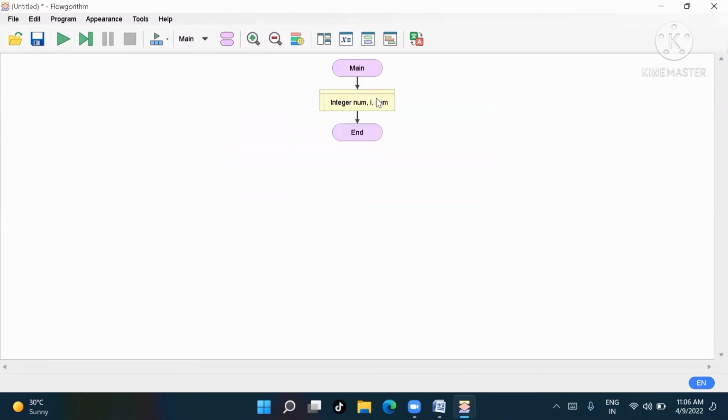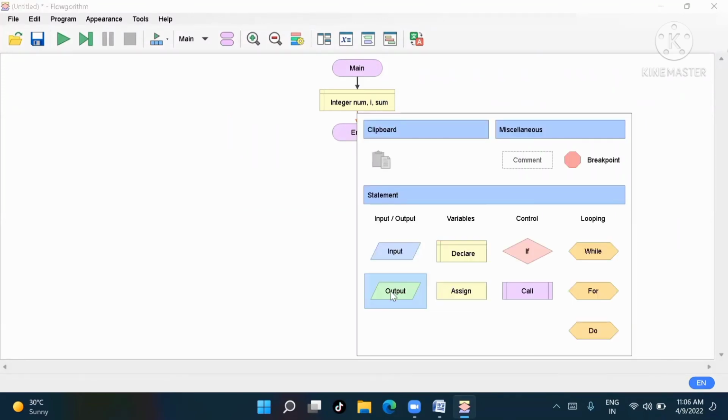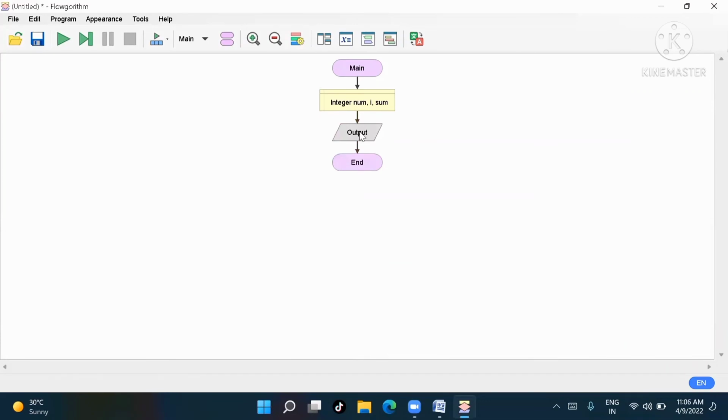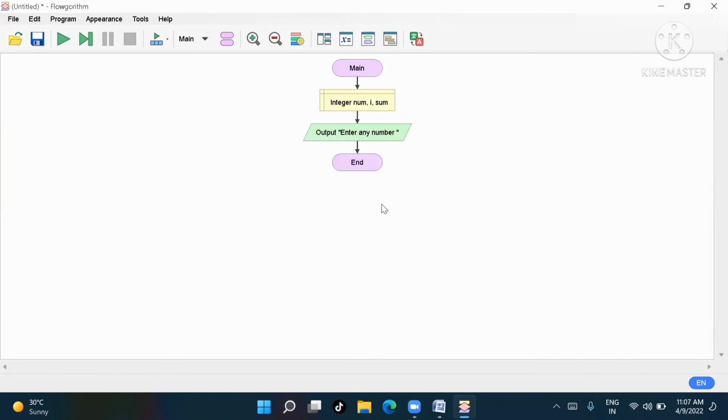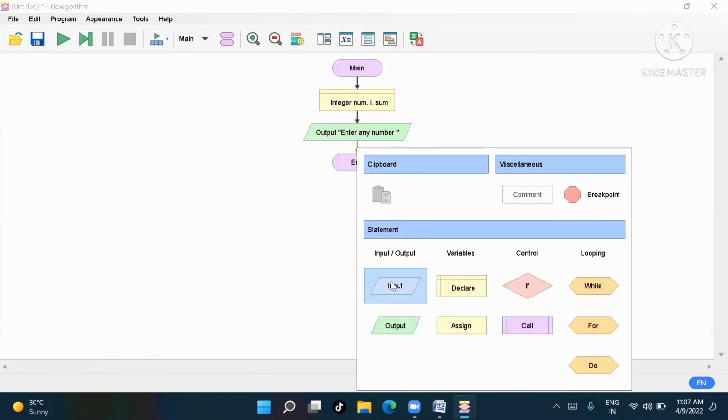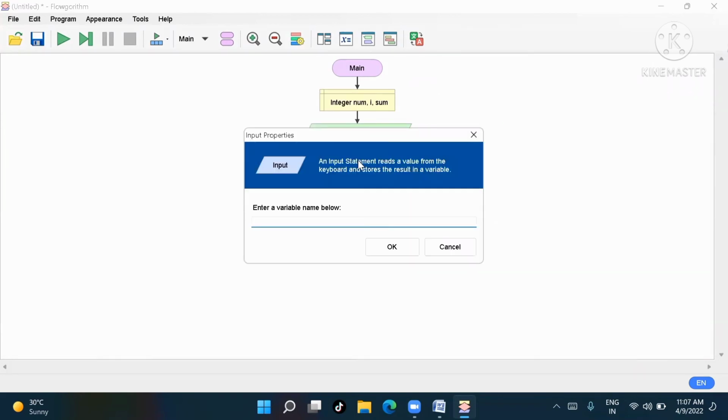Remember one thing: if you do sum, difference, multiply, divide, anything, then you have to assign 0. I'll write first for num: enter any number. Go to input and write num.